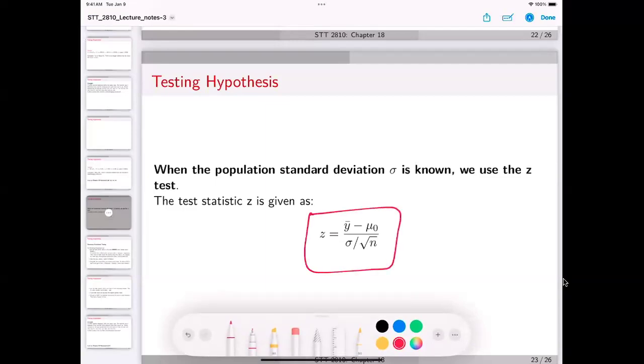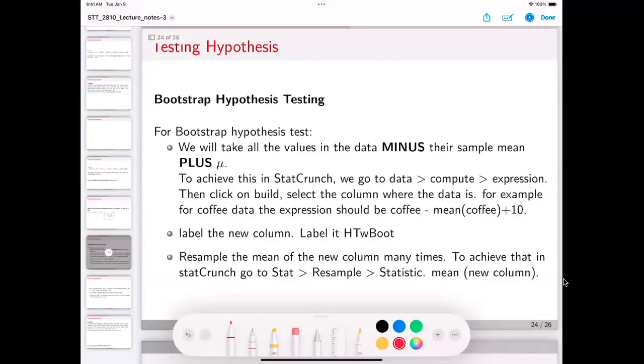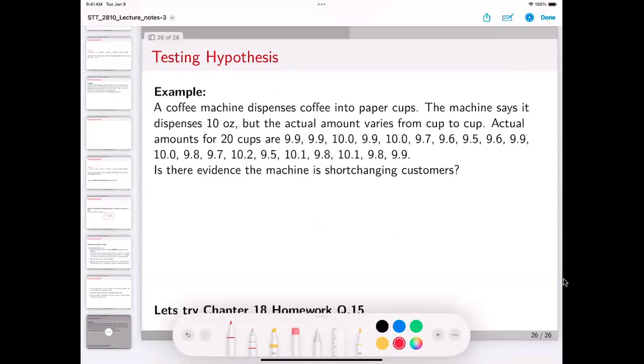The other thing we want to learn how to do today is bootstrap hypothesis testing. And so I have listed out the various steps we are going to use to achieve the bootstrap hypothesis testing. We are going to implement these steps using this same example that we did earlier on Friday. So I'll recommend that you open